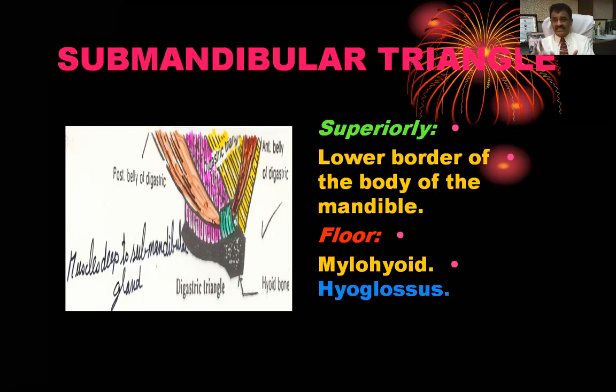The hyoglossus is one of the extrinsic muscles of the tongue. Glossus means tongue, hyo means hyoid bone. The muscle which goes to the tongue from the hyoid bone. So origin is on the hyoid bone and insertion is in the tongue itself. So it is an extrinsic muscle of the tongue. We have studied it during the study of muscles of the tongue. The tongue has 8 muscles, 4 extrinsic and 4 intrinsic. Out of the 4 extrinsic, 1 we see here.